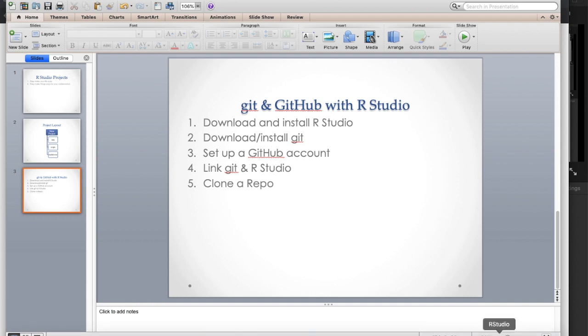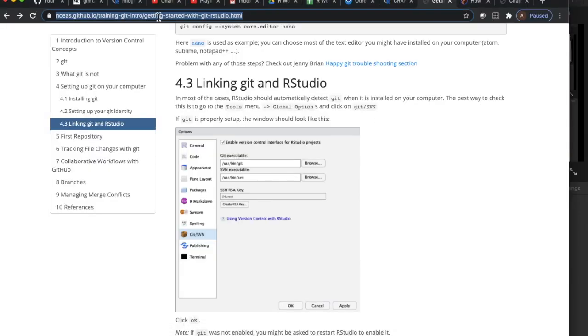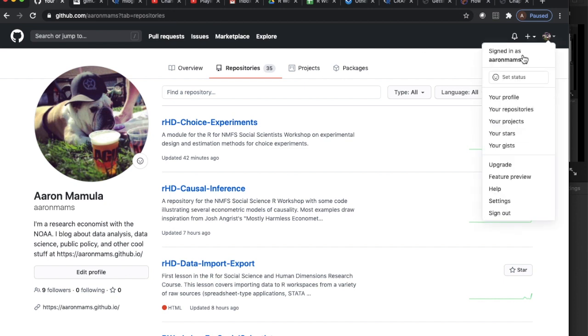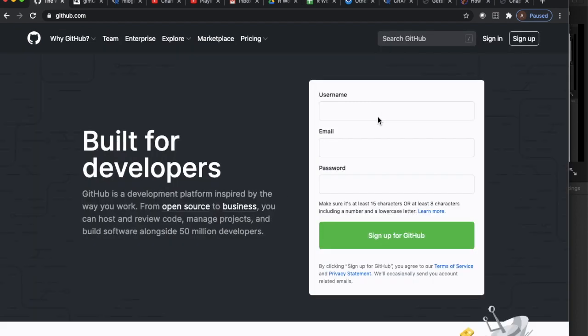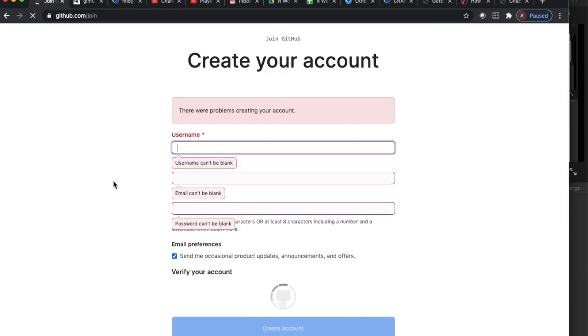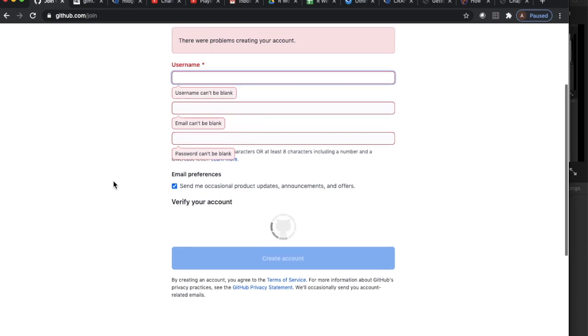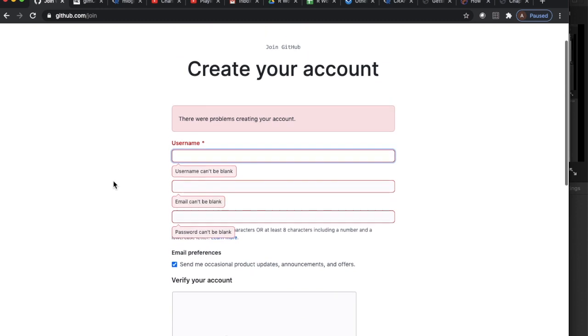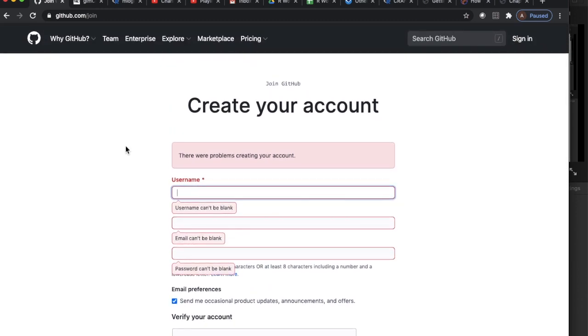So the GitHub piece is reasonably self-explanatory. If we were just to go out to GitHub, right? Just sign up for GitHub here, and then go ahead and create your account. So you need a username and a password and all that other good stuff. And once you've set that up,